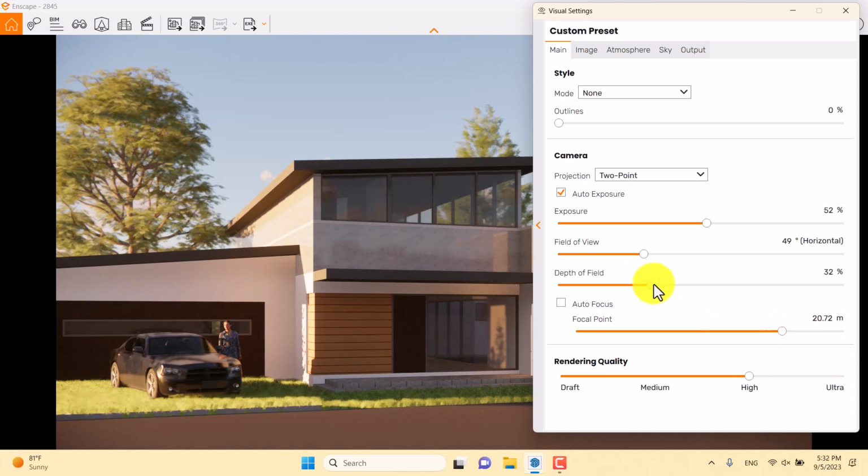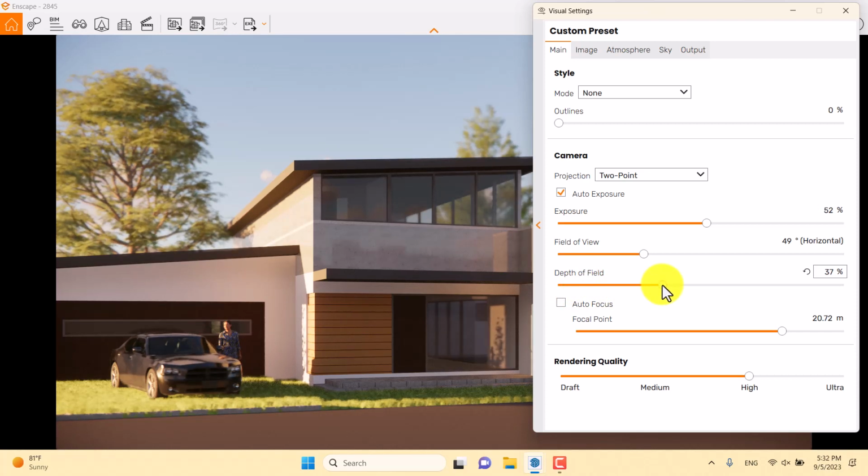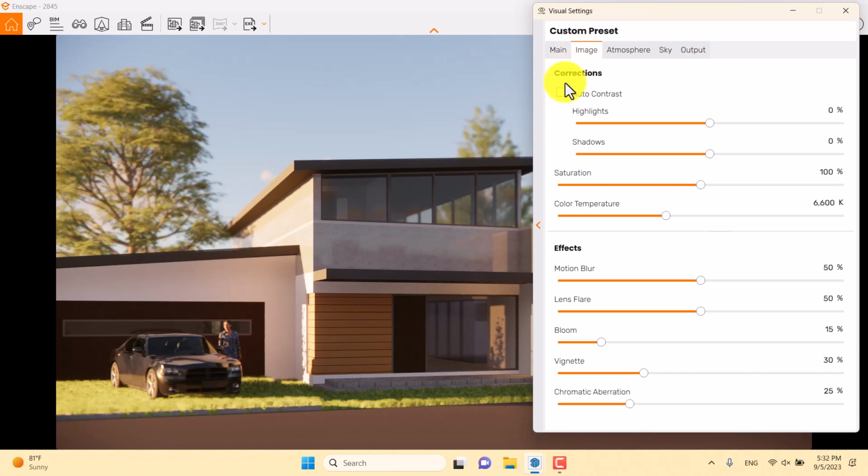So when I increase the depth of field, look at these trees in here. And when I decrease it, you can see better tree details in this place. So I prefer to increase it a little bit abnormally. Something like that is much better and professional. So I'm going to click on the image bar, use the auto contrast to help to manage the shadows and